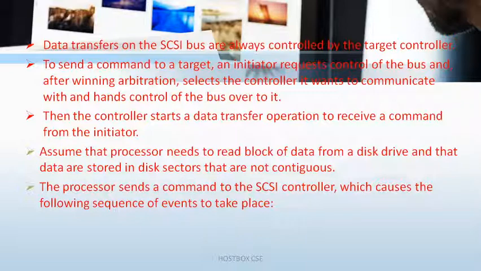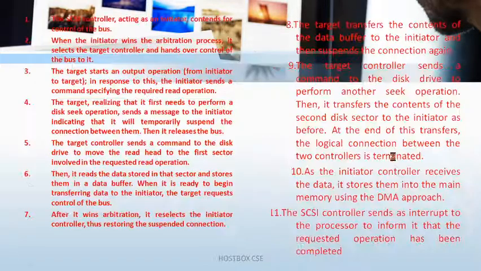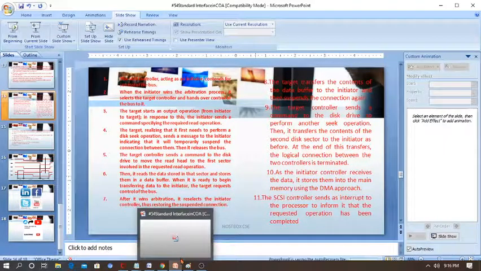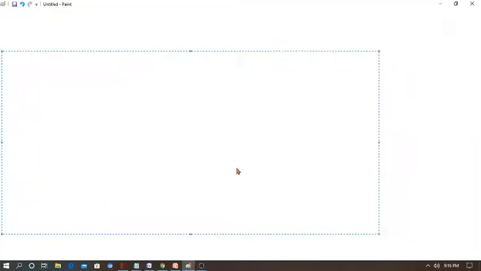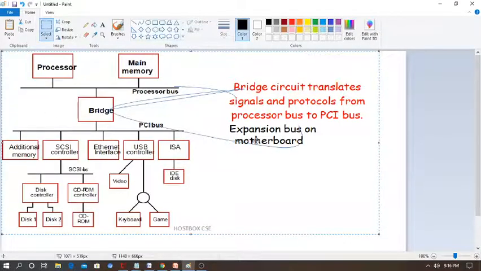I explained the operation of SCSI with some 10 steps here, but before going there, we go back to the diagram. So worst case, if you are writing the university exam, don't panic. Just remember the diagram. If they ask a general question, you can write directly about this diagram and explain some points about SCSI, USB and so on. But when they ask to describe the operations performed by PCI, or explain briefly about PCI or SCSI, you write all the points, with the diagram, a must.